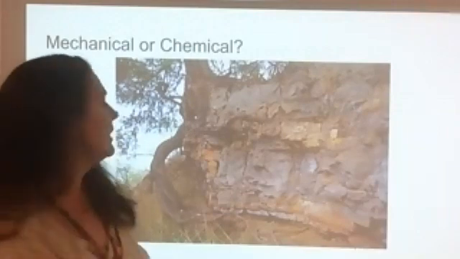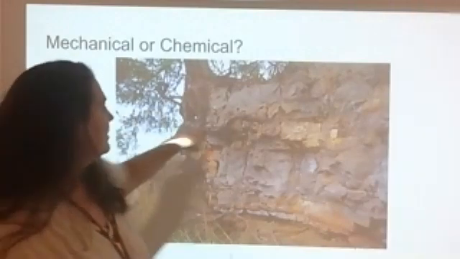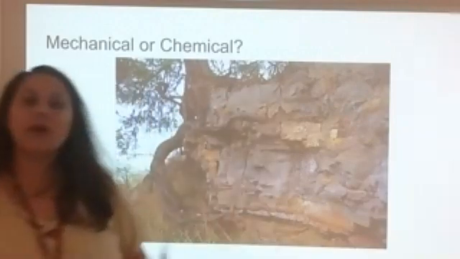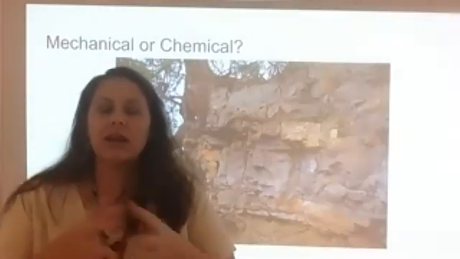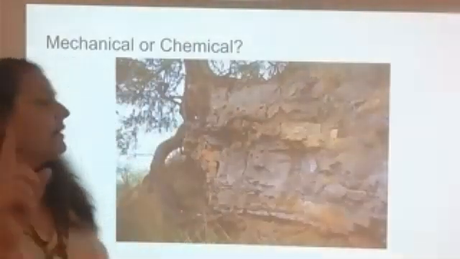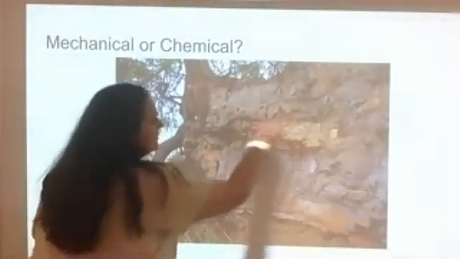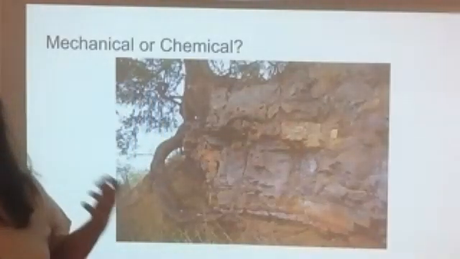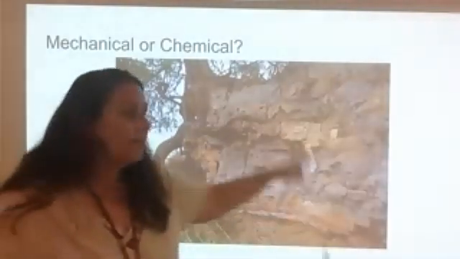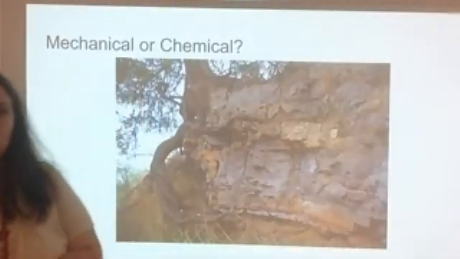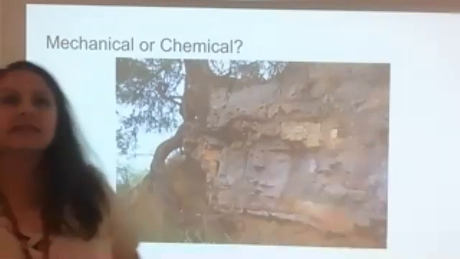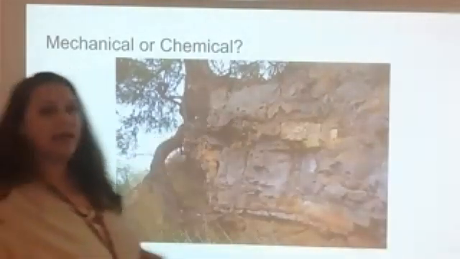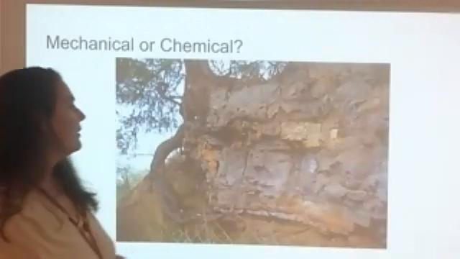Okay, so let's look at it. See the plant roots, right? Growing through the cracks in the rocks. That is mechanical weathering. Plant roots are growing into the cracks. It's getting bigger. It's pushing the cracks apart. Then, what color do you see? Red. Yes. What does that signify? Rust, yes. So we have rust going on here as well. And rusting, that oxidation process, is chemical weathering. So in this picture, we actually have both mechanical and chemical weathering.